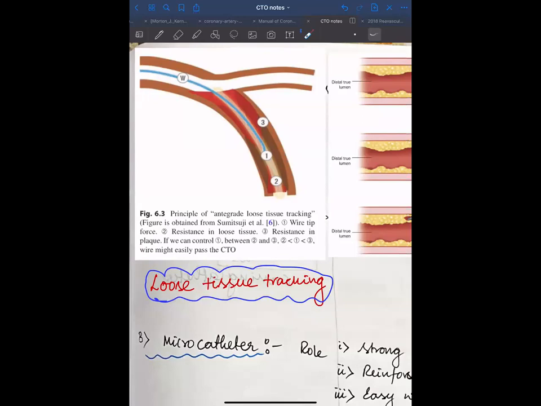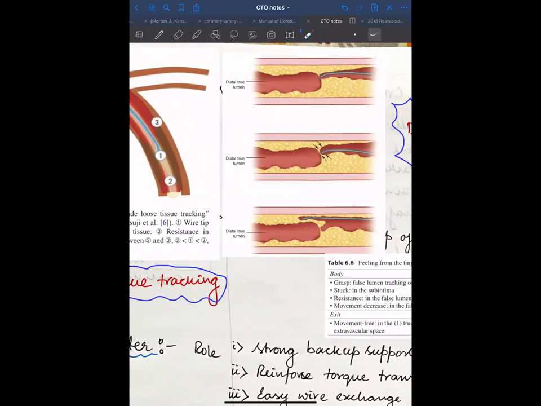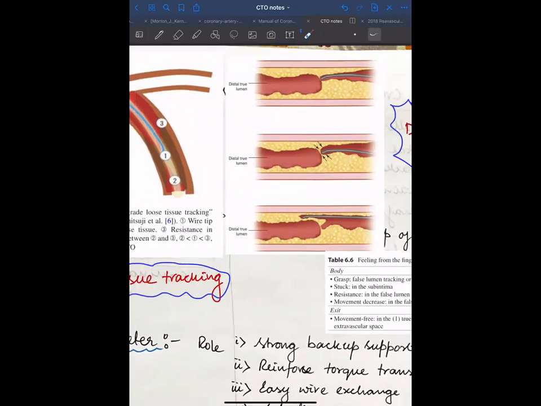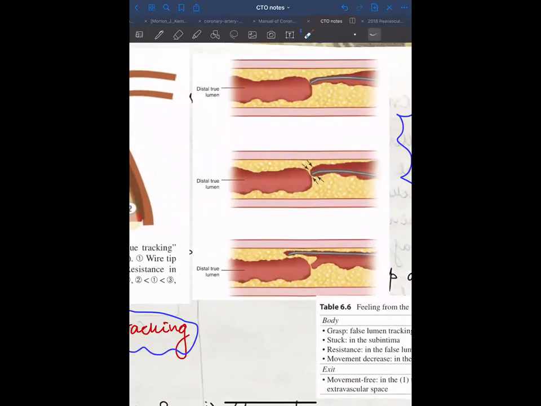As I mentioned in the drilling technique, why is the formation of the distal cap important? As you can see here, what happens if you use just a penetration kind of technique? You might be as close to the distal true lumen as we are seeing here. However, if you don't use the correct amount of force, you can go in subintimally and not be able to enter the distal true lumen, because one should understand that we're all doing a blind procedure here.